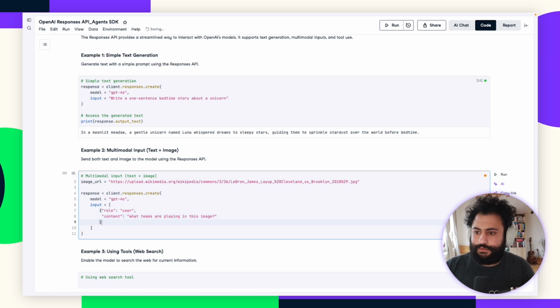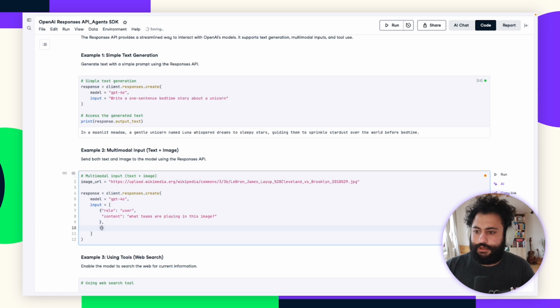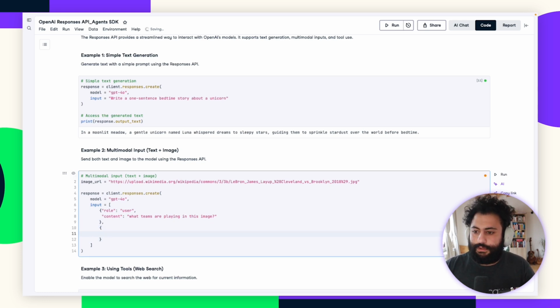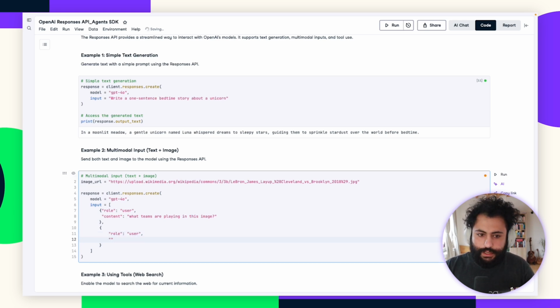Then I'm going to close the first dictionary, which is essentially the text prompt. And then I'm going to open the second dictionary, and it's going to have role as well, user. So here I'm specifying who I am. And then content will be